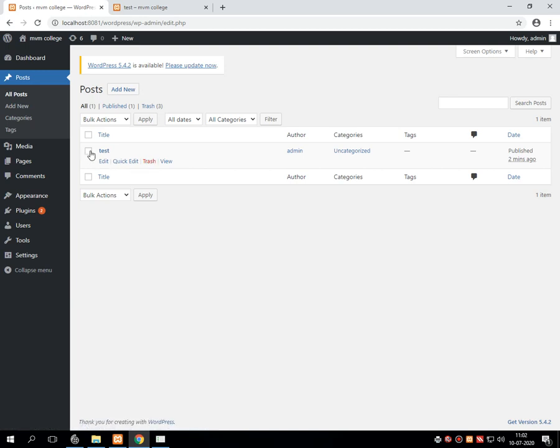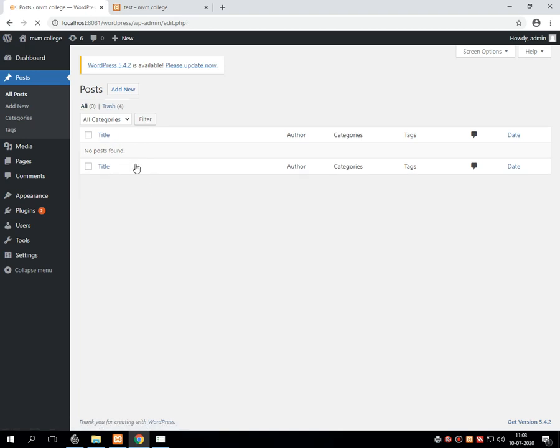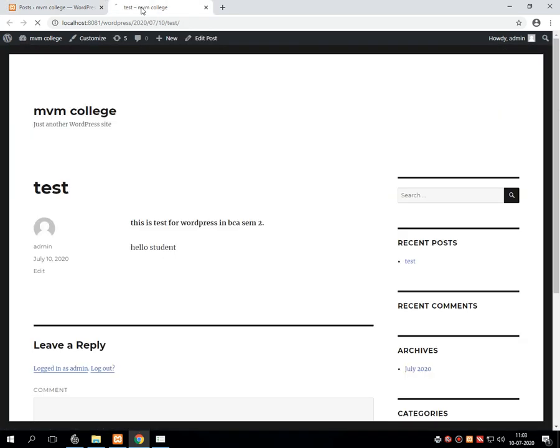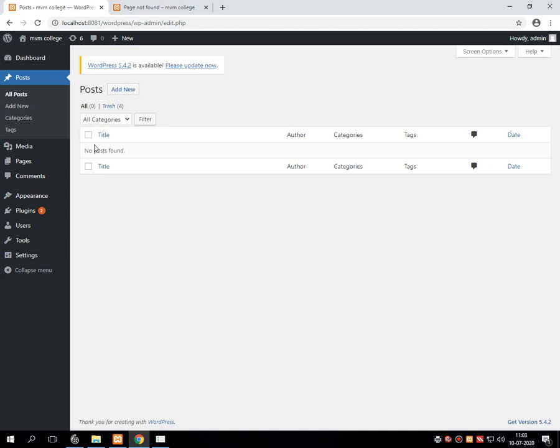For example, I select this particular post and click on trash, and it will remove that post from the entire list. Suppose I refresh this one, then it simply returns that the target page cannot be found, because we have deleted that particular post from the entire list.